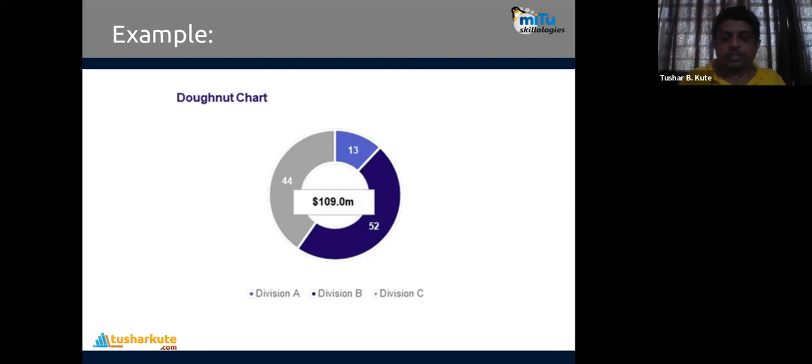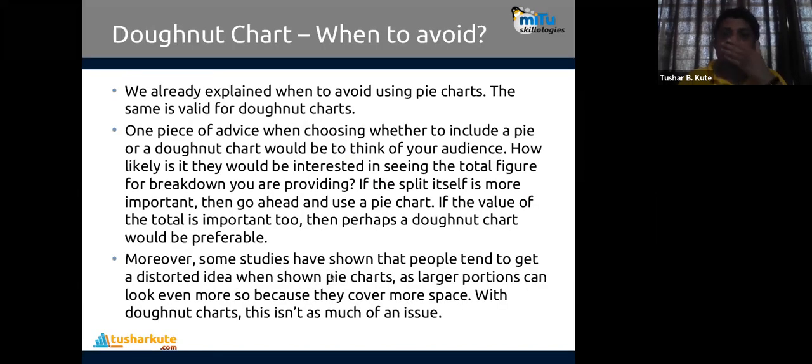The same graph is taken, but at the center I'm giving the addition of all: 109 million revenue for my company, and out of all that revenue, 52% is division B, 13% is A, and 44% is division C. So wherever we use a pie chart, instead I can make use of a donut chart also. There is no special location where you apply the donut chart, but it can be applied there.